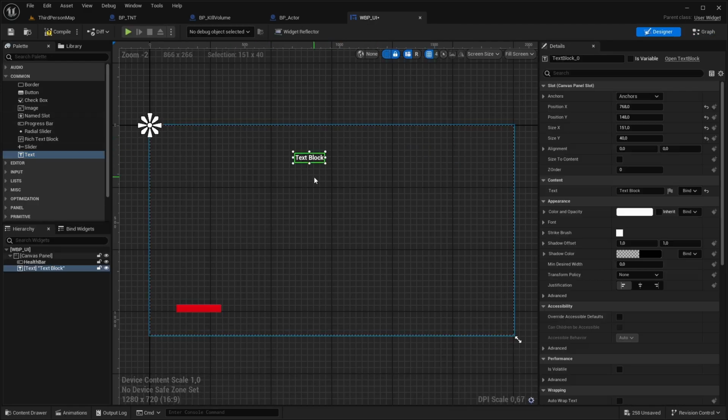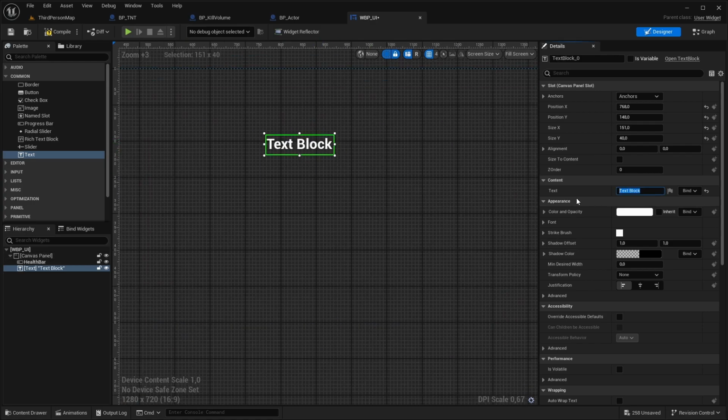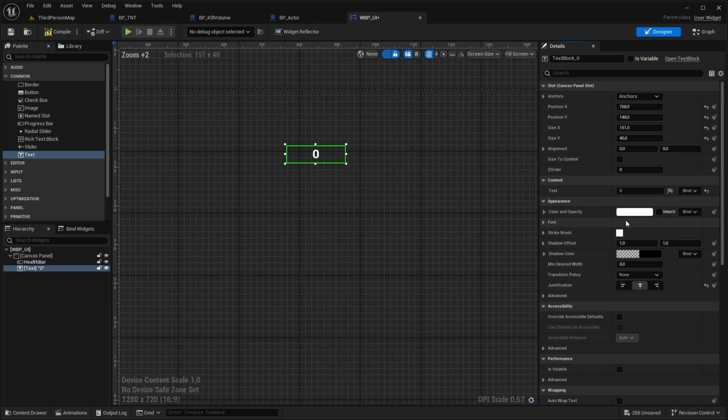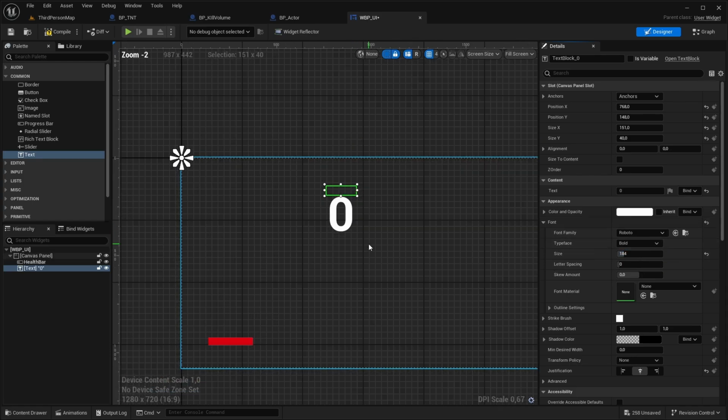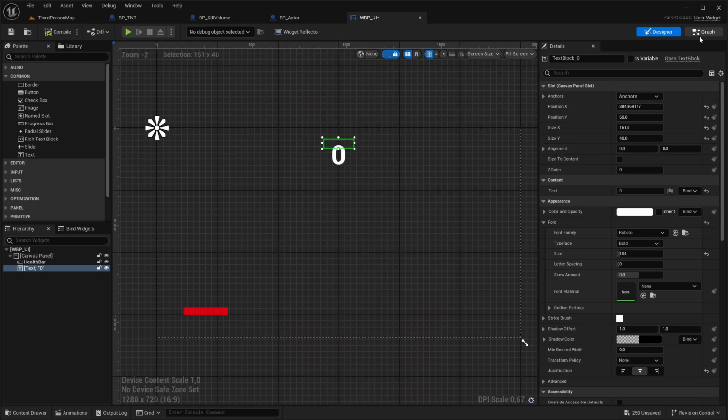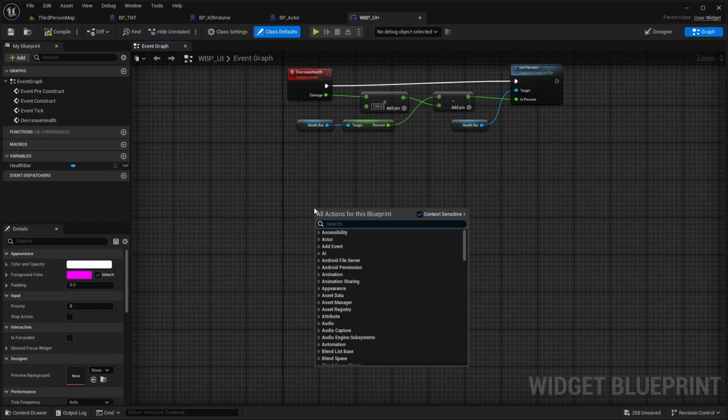So that's dragging a text block. Default is just 0. I want to make it centered. Under here, justification 0, and I want to make this quite a lot bigger. You can do that under fonts, and then here, size, there you go. Maybe not that big. All right, so next up is in my graph, I'm going to make a custom event, which